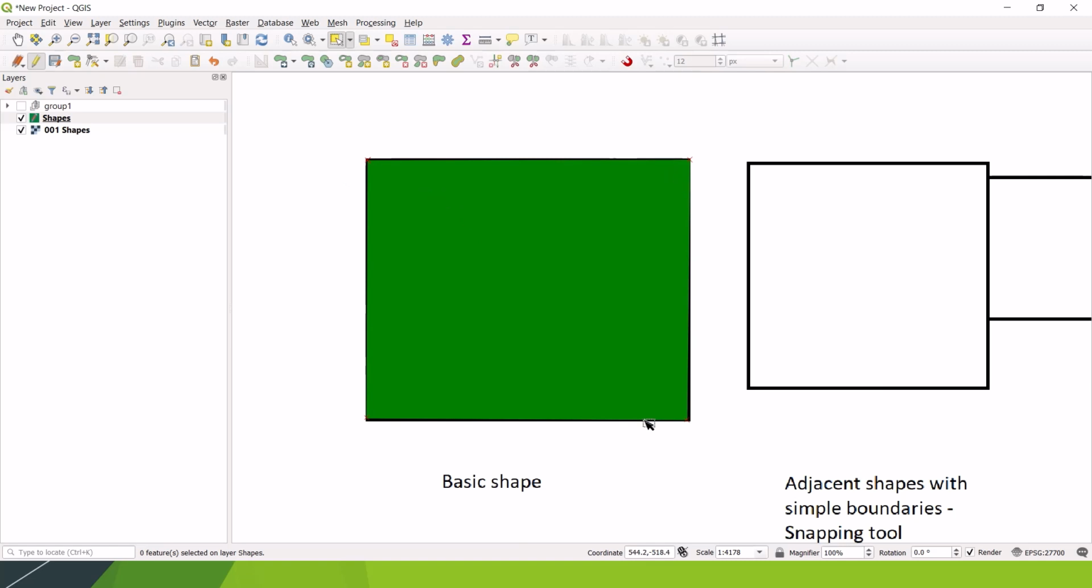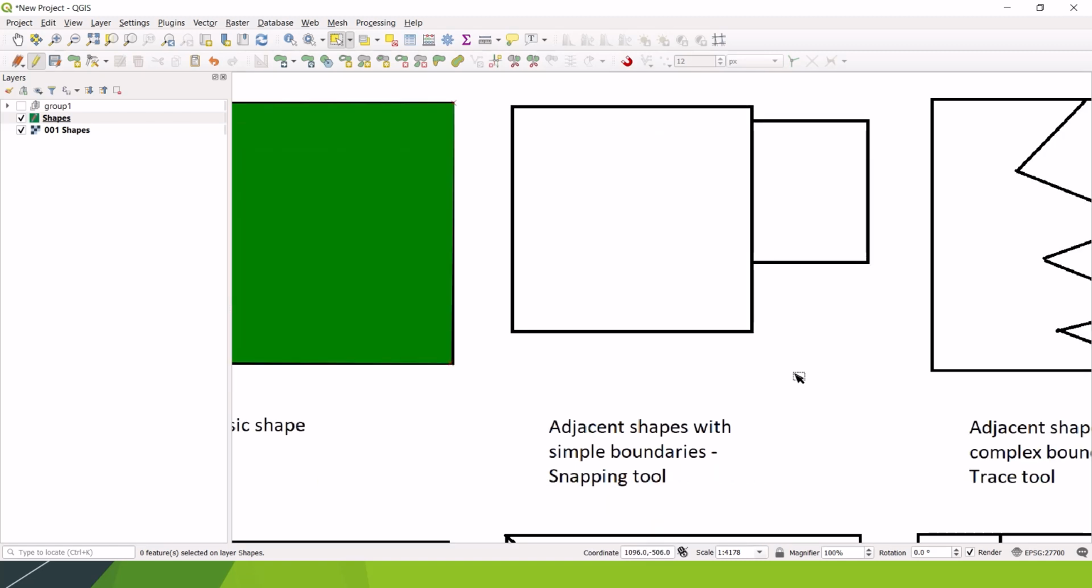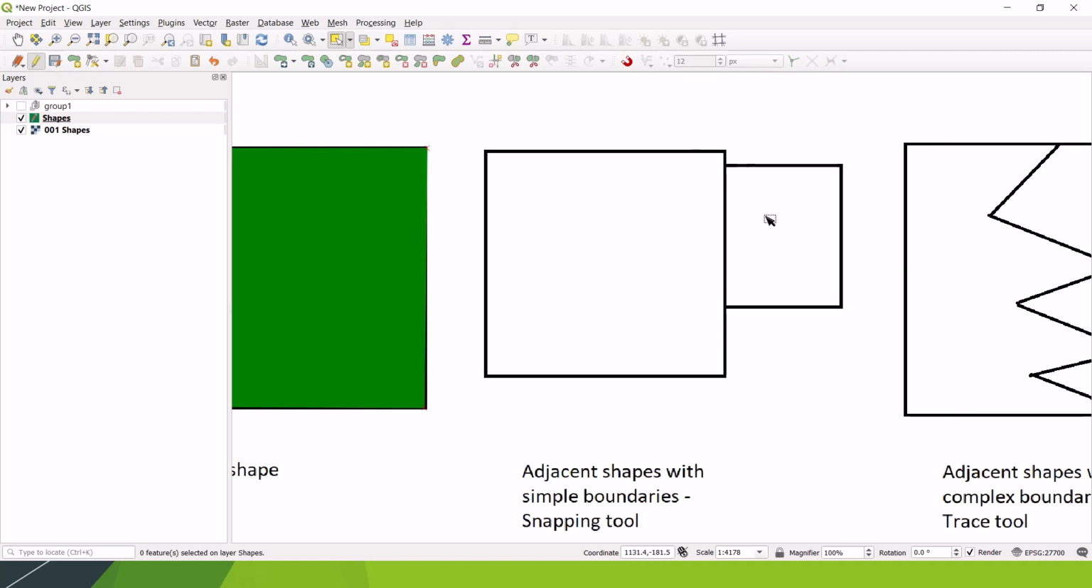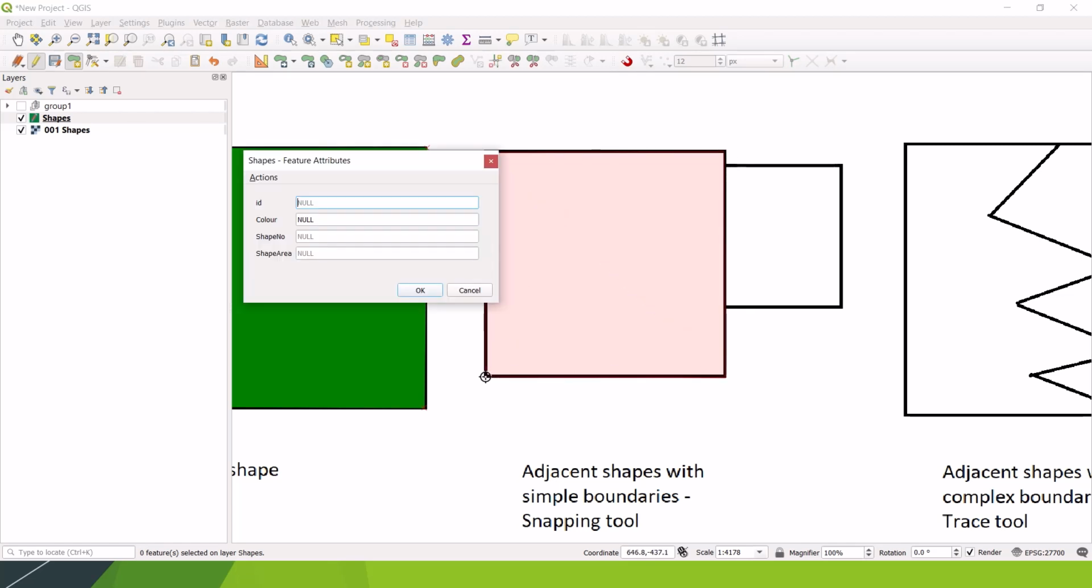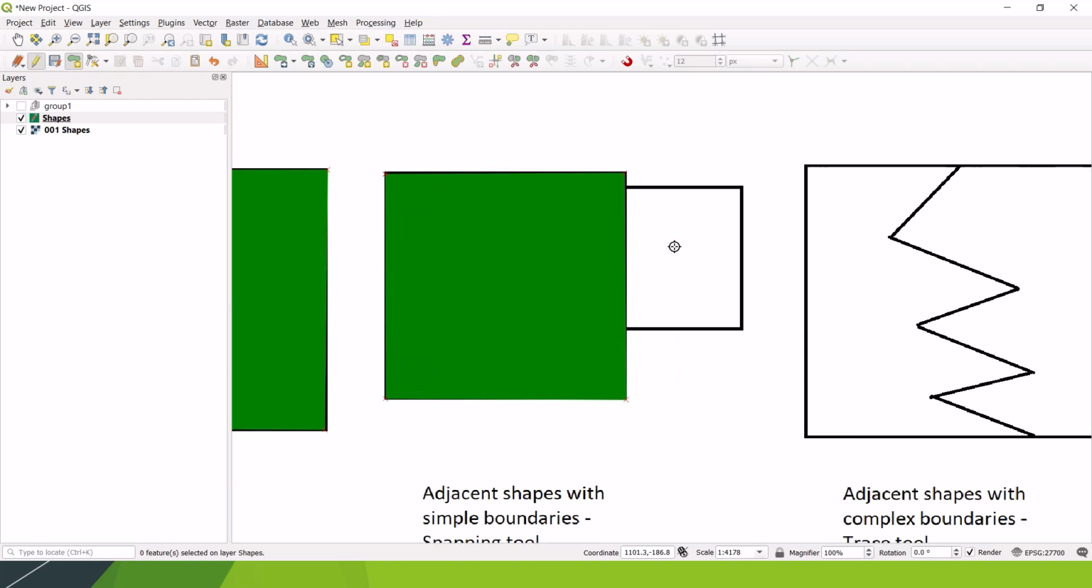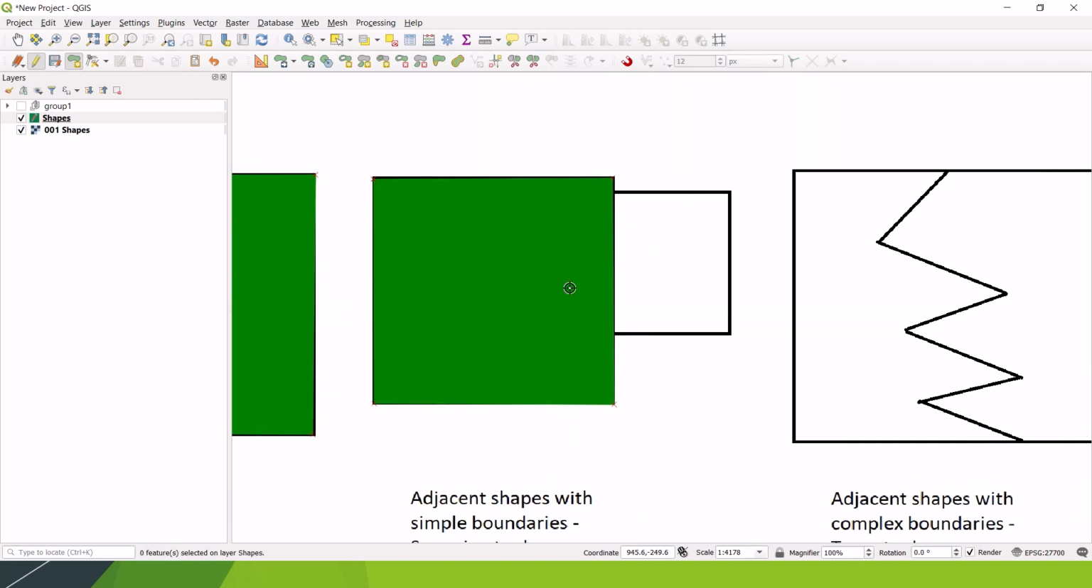If that's your whole map, then great, but that's never usually the case. So we usually have a number of shapes that are joined together. So if we do the same function for this, click, click, click, click, right click to finish, and then, oh, sorry, I'm starting to draw another shape there. If we do the same thing here,